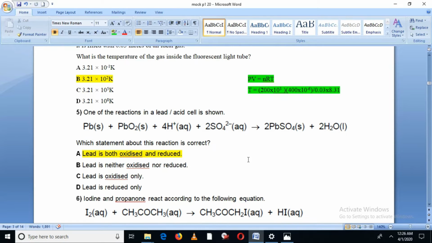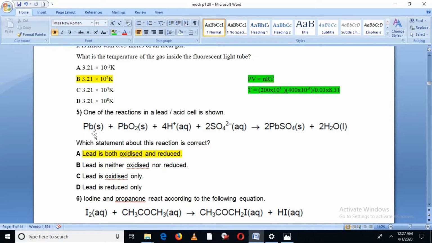The next MCQ, number 5: one of the reactions in a lead acid cell is shown. Lead solid plus lead oxide solid, in an acidic environment, react with sulfate ions, and lead sulfate is formed along with water. Here you can see the lead solid